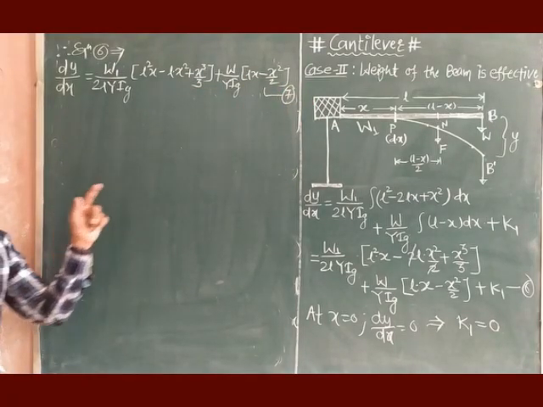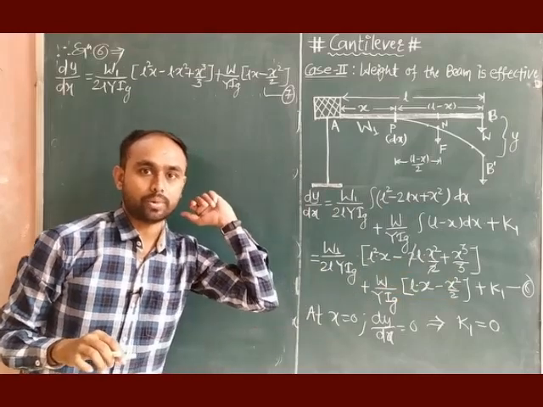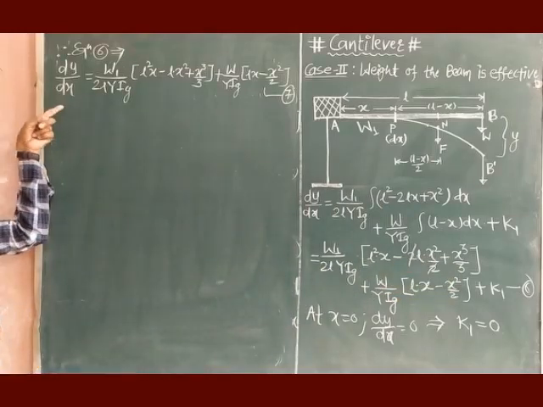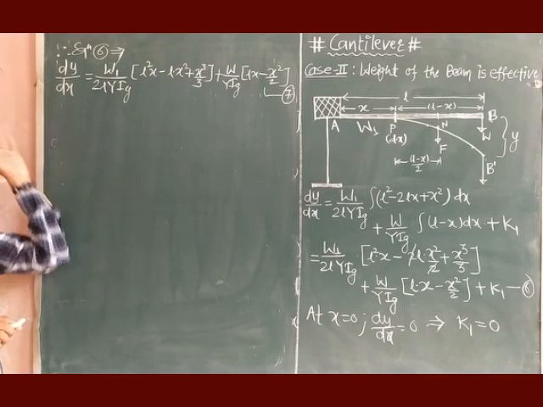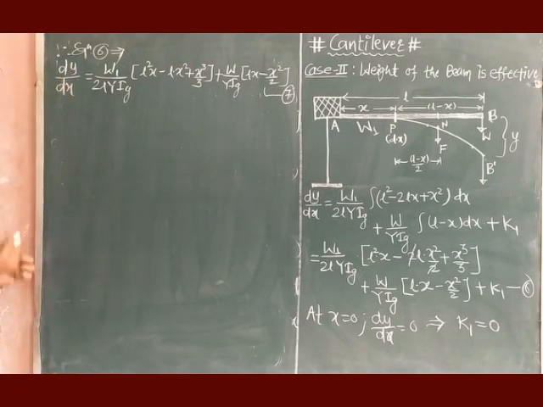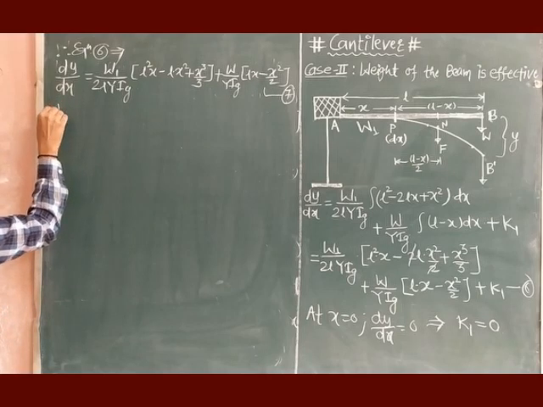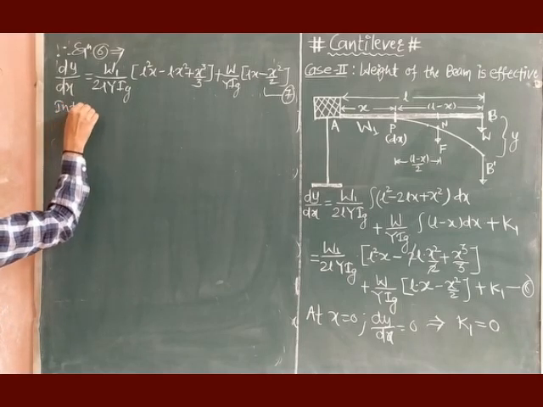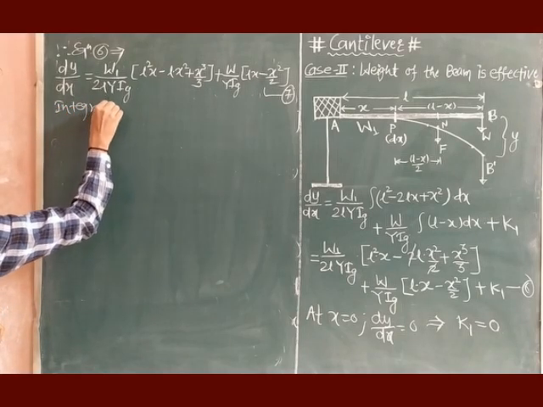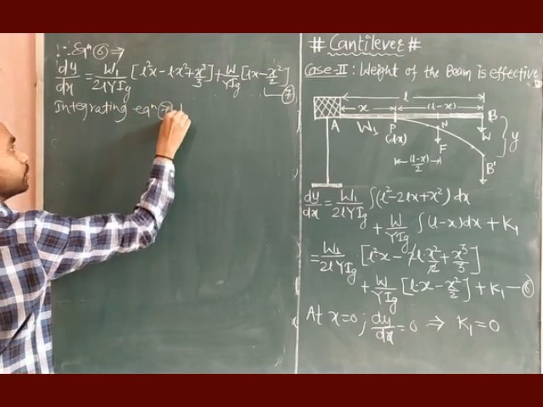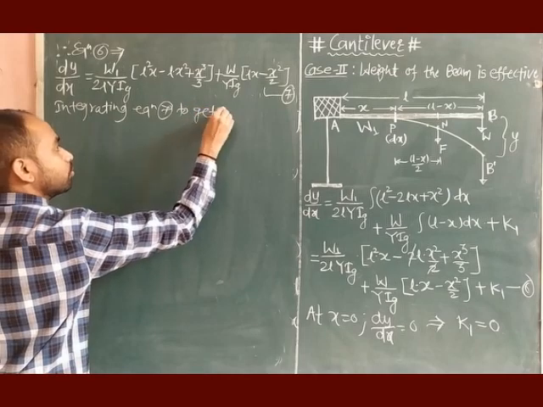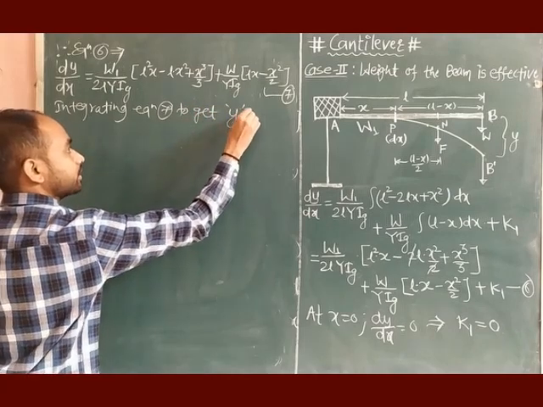Now no need to write the value of k1 because k1 is 0. So this is what the first derivative of depression. Again, this is not our target, we want to find only depression, that is y. So let us integrate again. Now integrating one more time, integrating the above equation 7 to get what is our target? To get y.